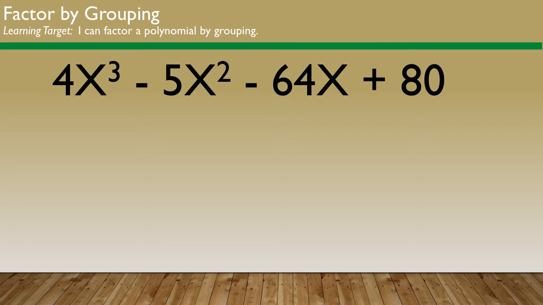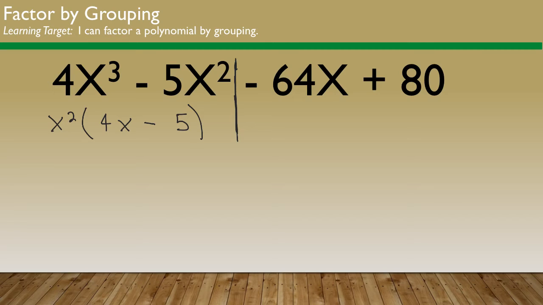Okay, here's another example. Okay, so first, is there a common factor between all terms? No, there's not. Now, what is the common factor of these first two terms? So just looking at these first two terms here, they both have an x squared. So I'm going to pull x squared out, and then that's going to leave me 4x, 5x squared divided by x squared is going to be minus 5. Okay. Now the second group,